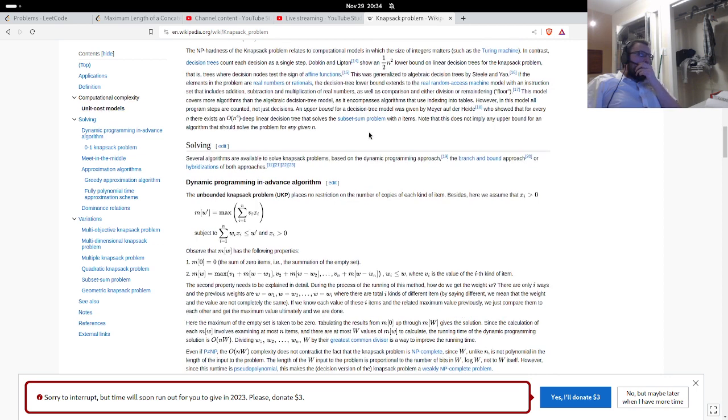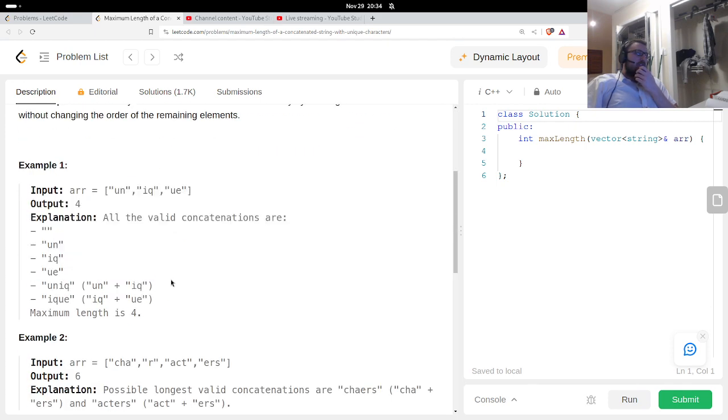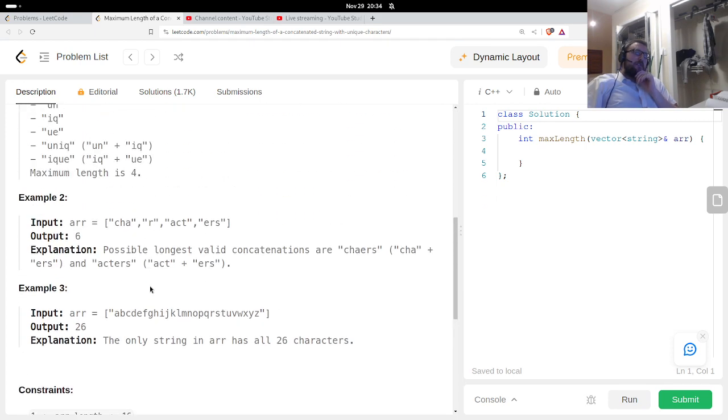I'm trying to think of a clever way to do this. I don't have any good ones. I'm very tempted to just walk through all the possibilities.